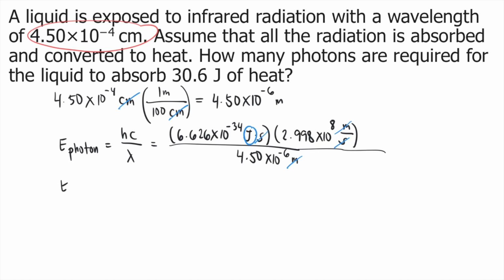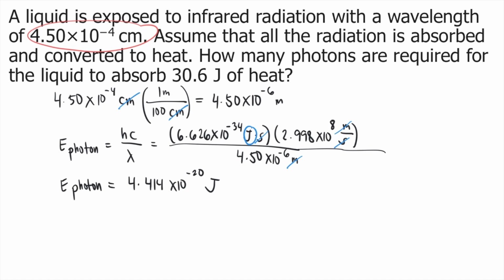So if you solve this using your calculator, you will get the energy of a photon, which is equal to 4.414 times 10 to the negative 20 joules. So please take note that this is the energy of only one photon. Okay? And in the problem,